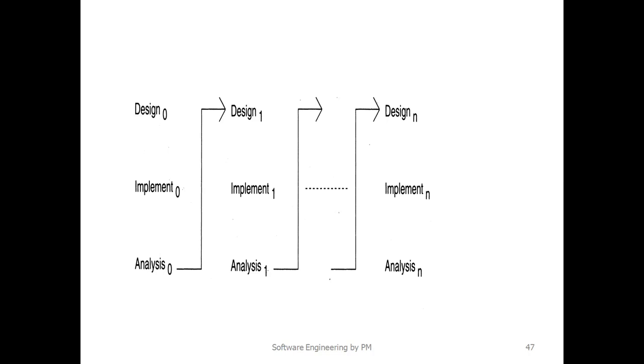You should bear in mind that every iteration is tested before the next iteration is started. In other words, every iteration is tested for its correctness, tested for its satisfaction, before another functionality is added to it to start the next iteration. So this is the idea behind this